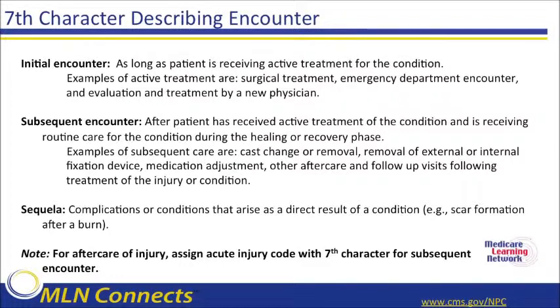The seventh character for subsequent encounter is to be used for all encounters after the patient has received active treatment of the condition and is receiving routine care for the condition during the healing or recovery phase. Examples of subsequent encounters include cast change or removal, removal of external or internal fixation device, medication adjustments, and other aftercare and follow-up visits following active treatment of the injury or condition. Encounters for therapy, such as physical and occupational therapy, are another example of the use of the subsequent encounter seventh